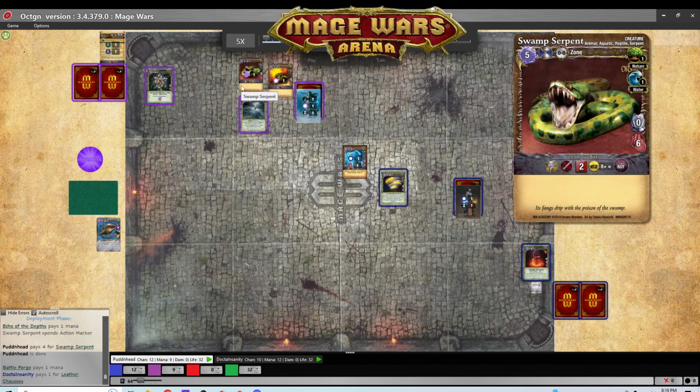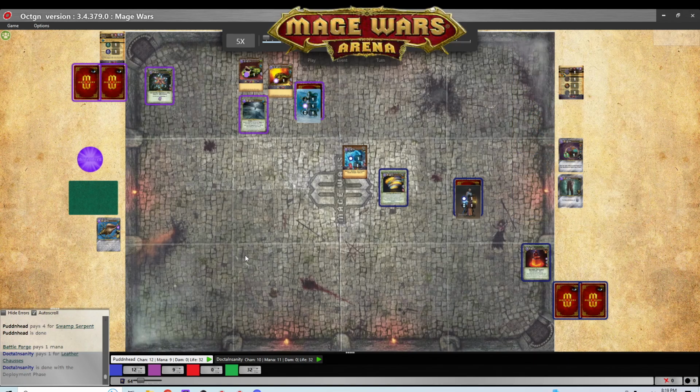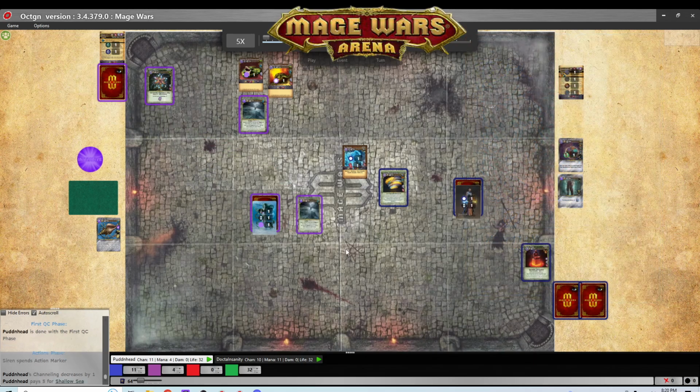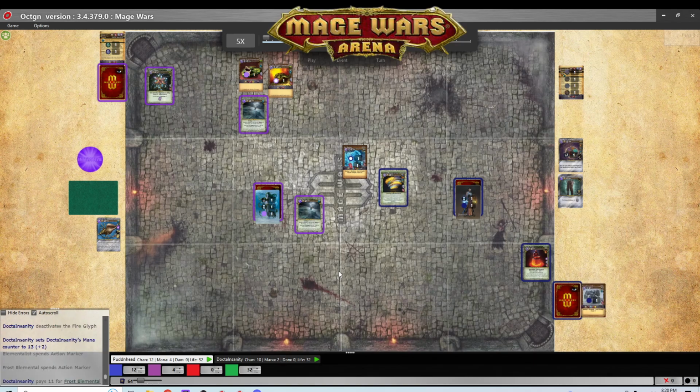Okay. Yep, just playing all my cheap creatures. Gonna do a slow gear up myself, I think, and hopefully have a critical mass to kill this ice golem. The thing about the ice golem is that it is psychic immune, so I cannot use Siren's Call on it. So I have to deal with it normally. I'm gonna move up here and shallow sea